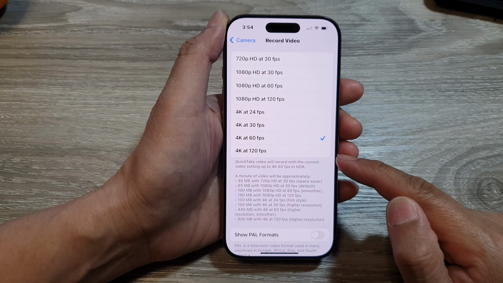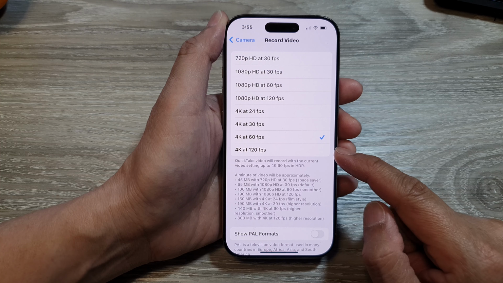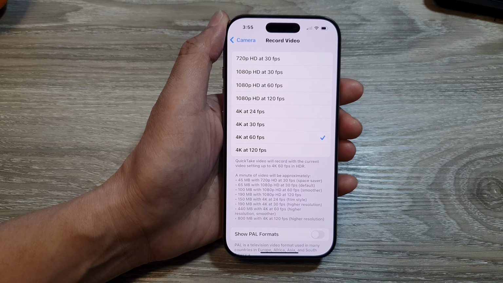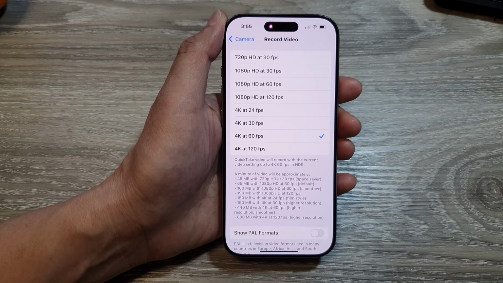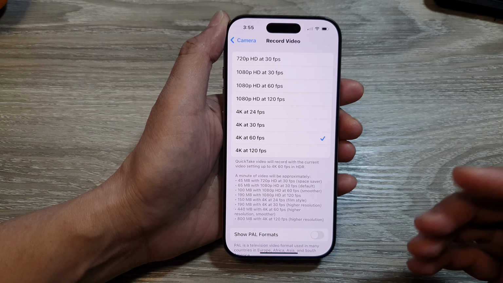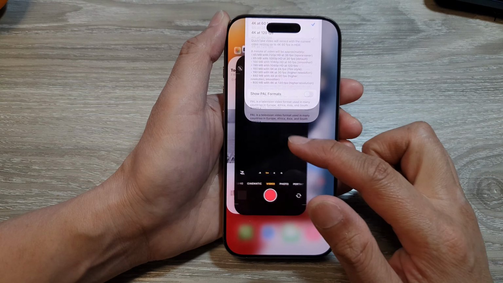So here you don't really need 4K at 120 FPS at all. It offers high resolution, but it also takes up a lot of storage space. And when you stay indoor, and especially when you are using LED light, the camera will flash a lot. So here, if I relaunch my camera,